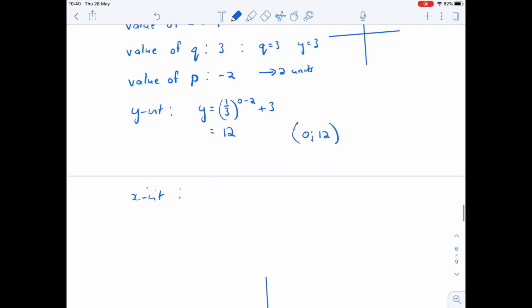Then we now find our x-intercept, which means we make the y 0, and that's going to be a third to the x minus 2 plus 3. Take our 3 across. And this is a standard way that we always do it. We always take the q across. So then we get